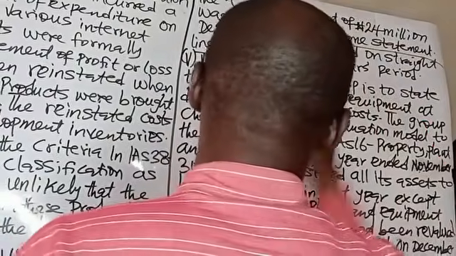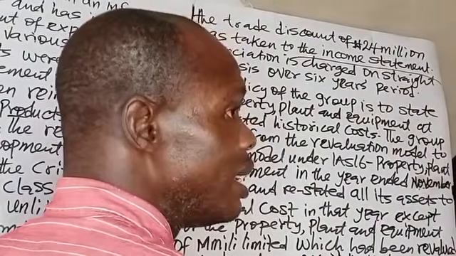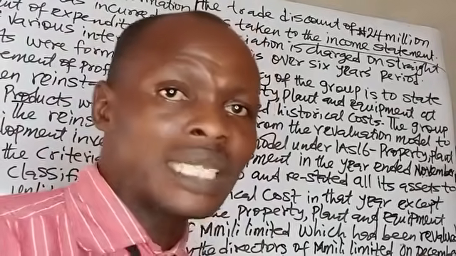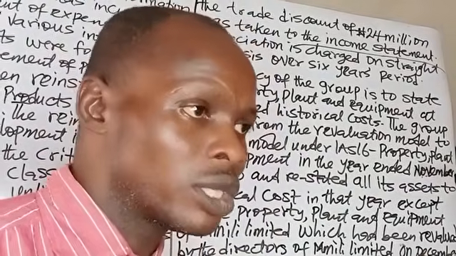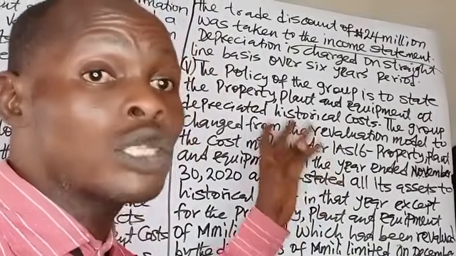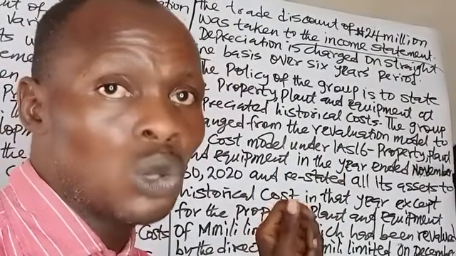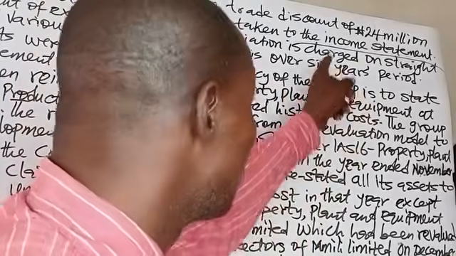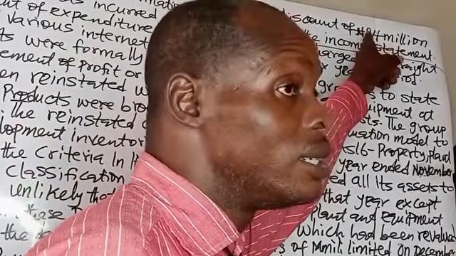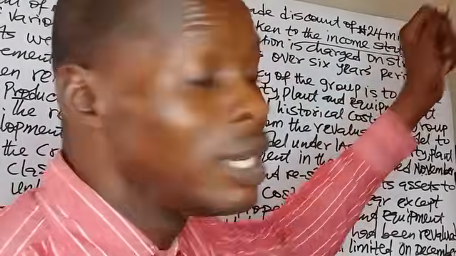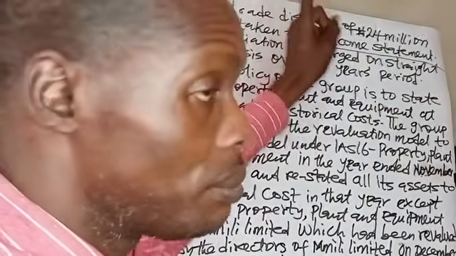So since it was taken to the income statement, that means it has been recorded as an income in the statement of profit or loss. You ought not to have recorded trade discount in the income statement. So you are going to write off the 24 million from the statement of profit or loss. Then the same 24 million,